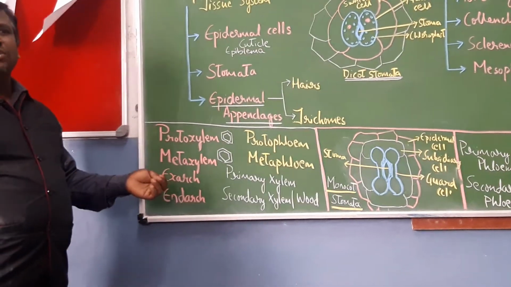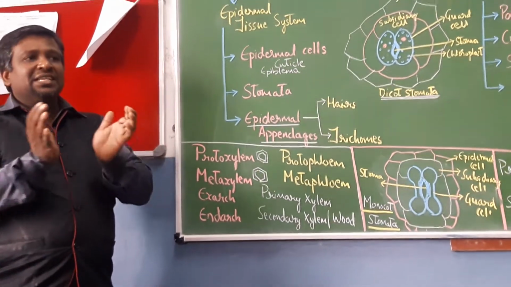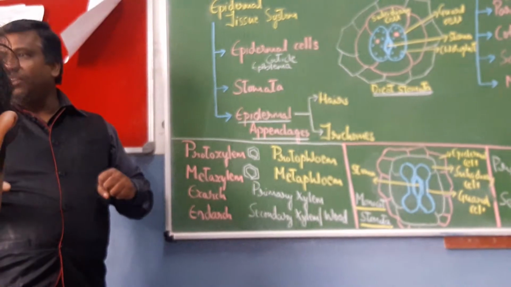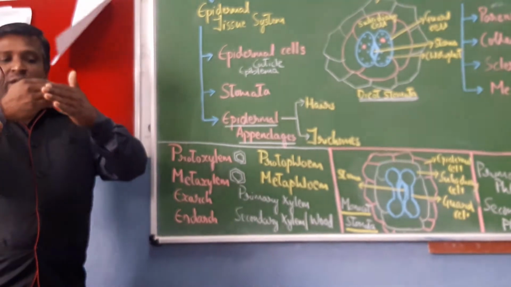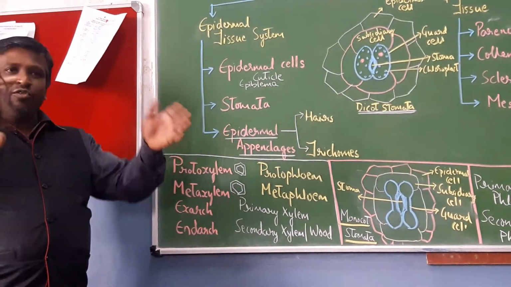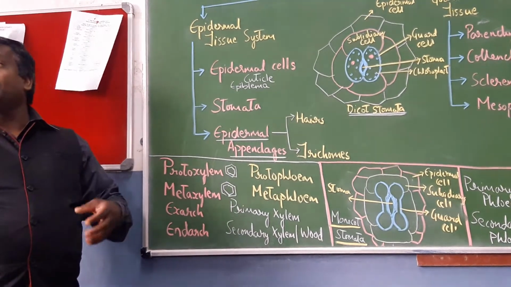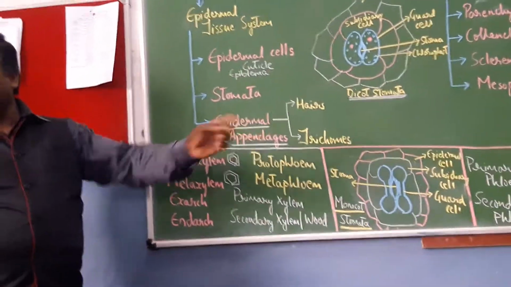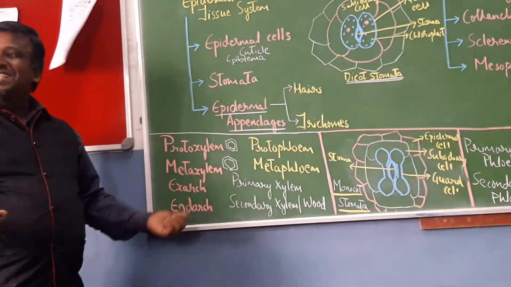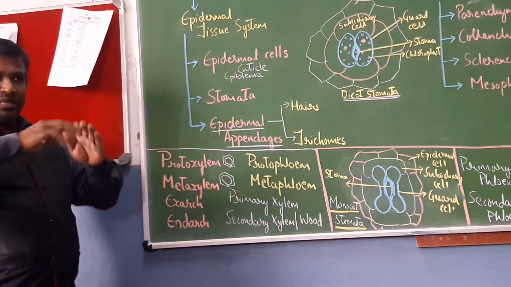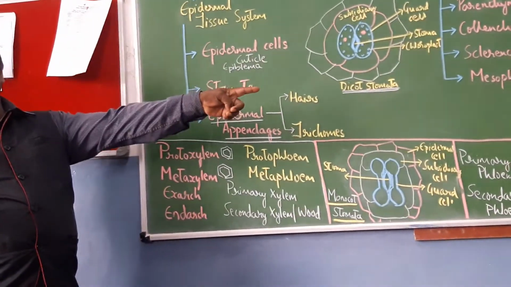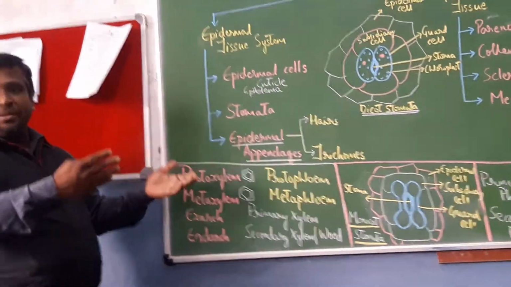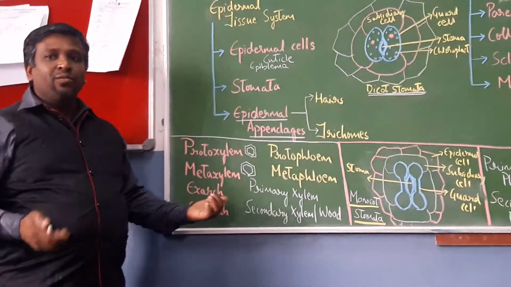Now there are certain conditions, you call the stele. Stele is a region where the vascular bundles are formed. Generally it is covered by endodermis. Below the endodermis is the pericycle. Then you find the vascular tissue, pith or medulla, which I will be discussing later. In case of the exarch condition, the stele is called exarch. Don't get confused with hexarch, which has 6 xylem elements and 6 phloem elements. This exarch, what it indicates, especially in case of root,